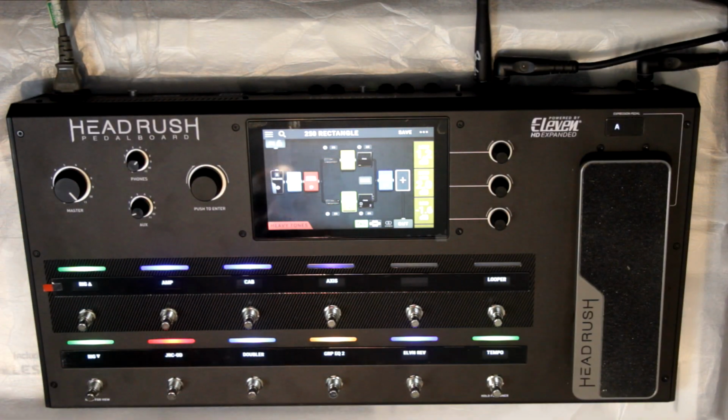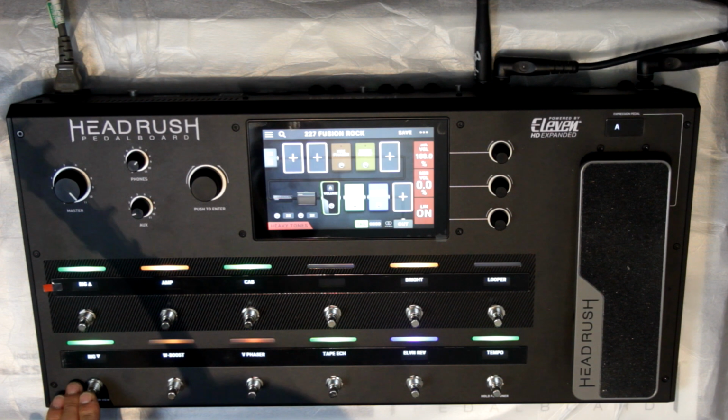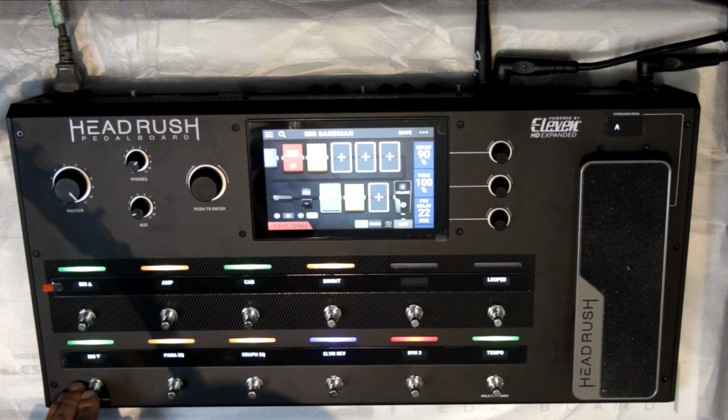So if you turn this device on, you'll be coming up with what they call a rig. Now a rig is a combination of lots of different things: effects, speaker simulations, amps, that whole thing. I've got the product running in stereo out of the normal outputs. You do have a phones output, and I'll post some photos of the back of the board so you can see. You can change through different rigs,